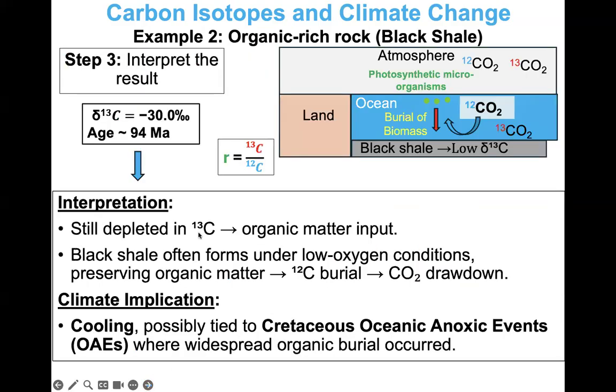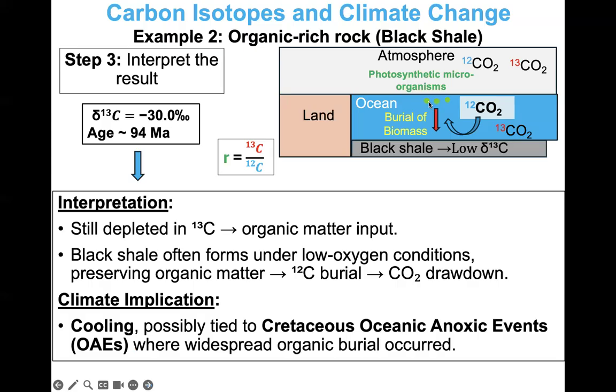How do you explain this? Remember we're talking about black shale. Black shale comes from this plankton right here. So how do you explain this very negative number? What happens simply is that these living things, these plants especially, called phytoplankton, take CO2 from the water. And what type of CO2 do they take? What kind of carbon isotope do they take? The one that is light, C12. They take it away,